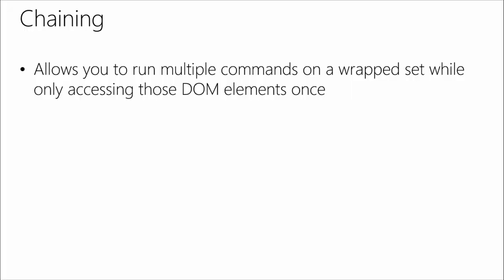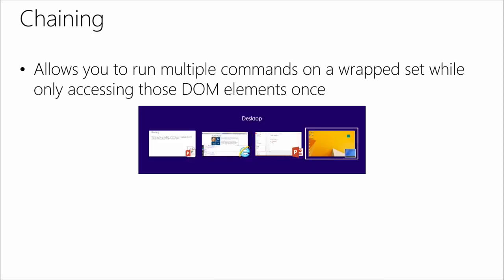Now, of course, first, we could just run one method. But something else that we could do is run multiple commands on this wrapped set, which is nice. So I can take a wrapped set, get that selector. We're holding it in memory outside of the DOM for a moment while we go ahead and run some methods on it, which is kind of nice. And then you only need to access those DOM elements once. So once I have something with a method, I can then do more. So I could do stuff like